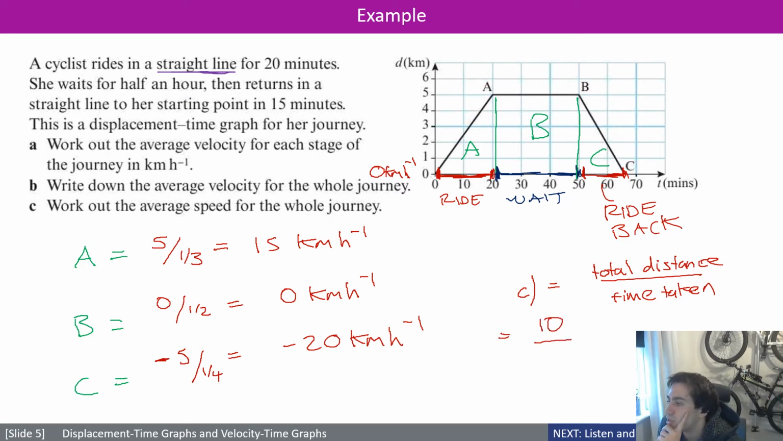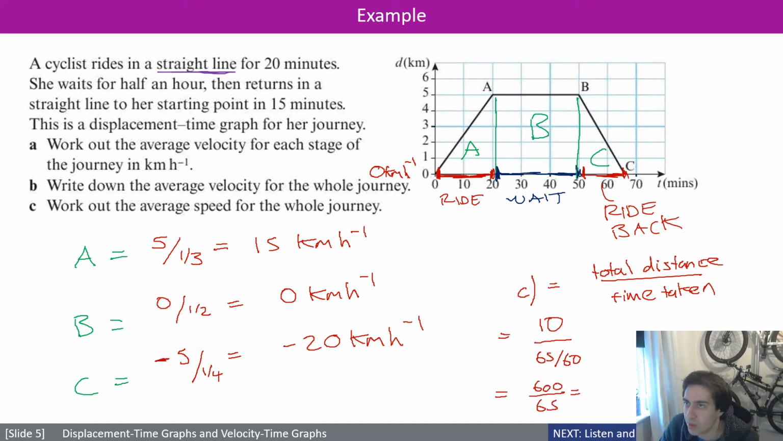How long did she spend doing all this? It was 65 minutes. Again, it's asked for kilometers per hour in the previous question, so let's stick with that. 65 minutes in terms of hours is just going to be 65 over 60. So a bit of an unwieldy fraction, but 10 divided by 65 over 60 is then 600 over 65,